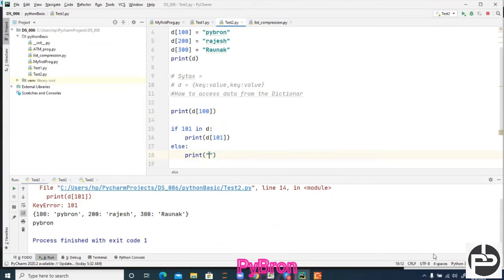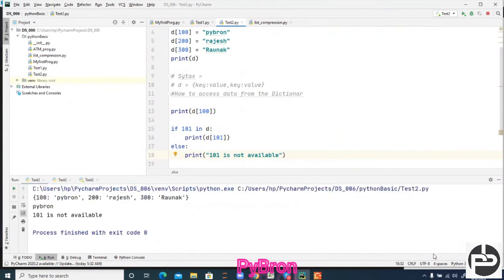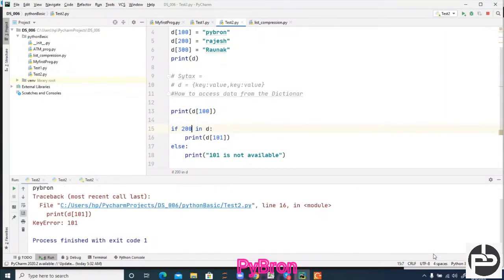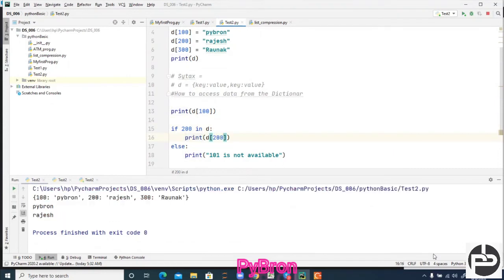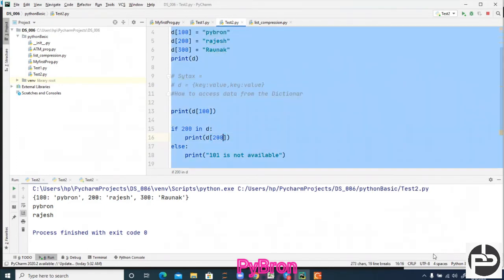We can overcome this problem, but right now, with whatever we have taught, with this many concepts, we can implement this kind of code. So you can say 101 is not available. Okay, you can do that. And now if you execute, you can see 1001 is not available, right? Now this time I'm going to pass 200, and if I execute this line of code, okay, what happened? Oh, sorry, can you see this? I'm able to get my output, correct? Right. So this is also an approach, just note it down.